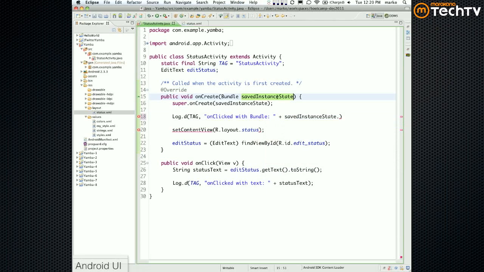Let me call this bundle, make it shorter. Again, you don't have to do this. This is just to illustrate. So I could just print it out. Okay, so if I run this,